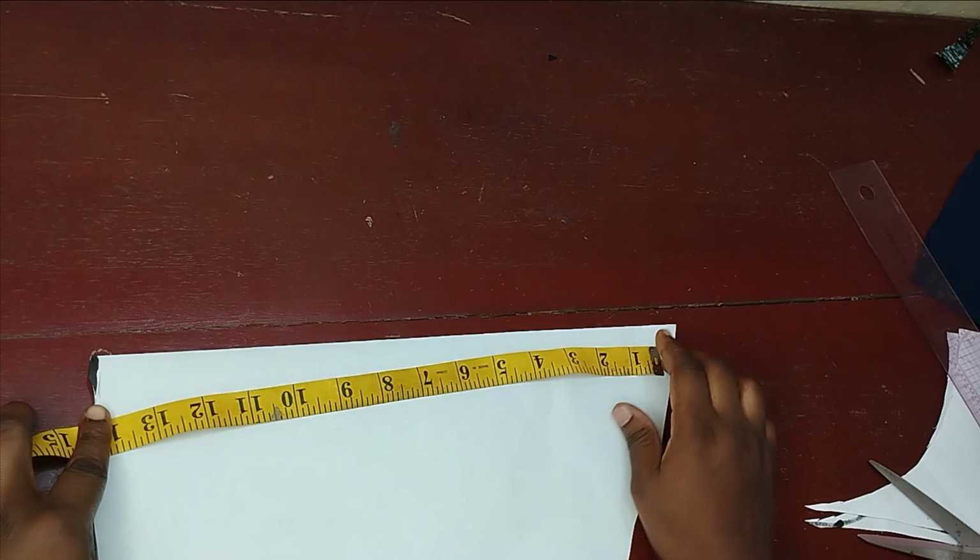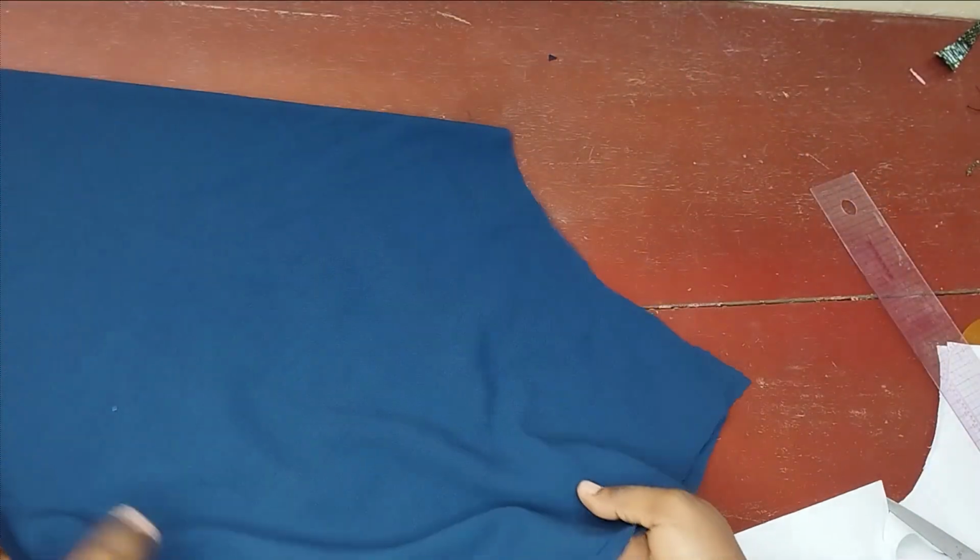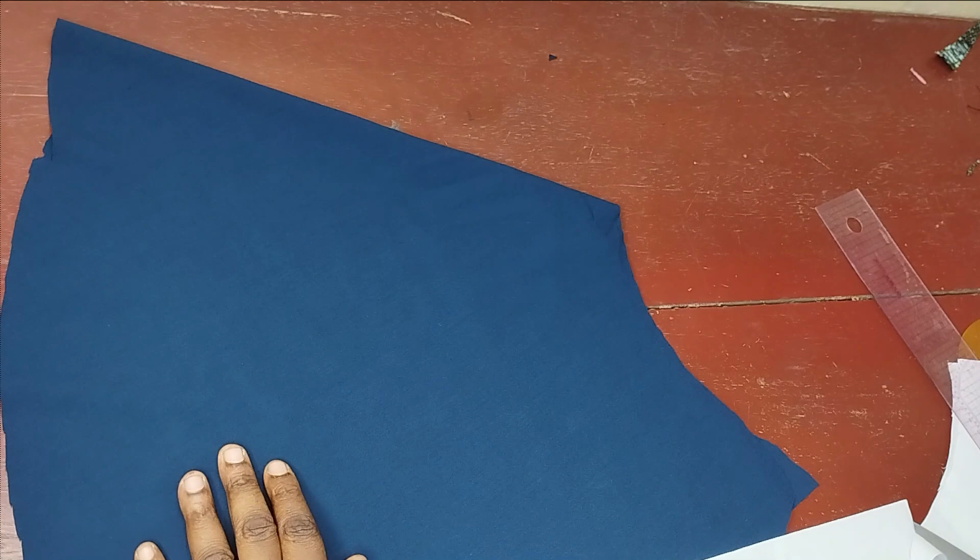It's a puff sleeve. My actual sleeve length is 11 inches, but I increased this to 15 because I want it to be really puffy. I'm just trying this sleeve for the first time. There are several ways you can cut your puff sleeve, and I have several of it on the channel again, but I just want to try something because my fabric is not so big. So I've put my fabric on